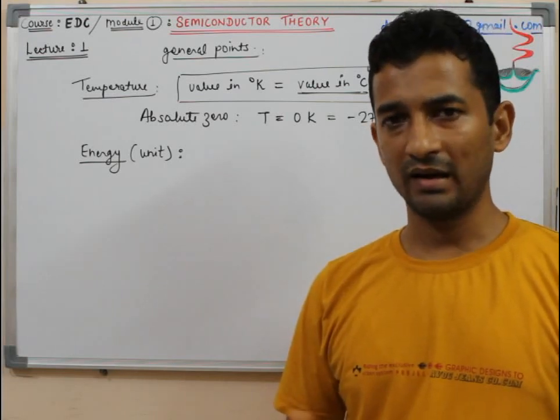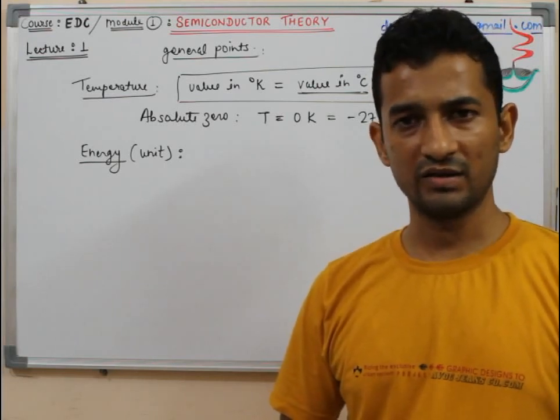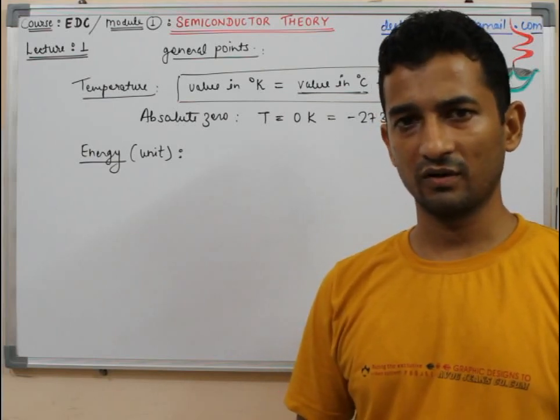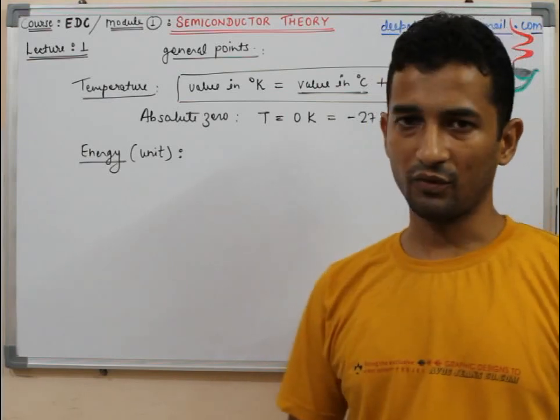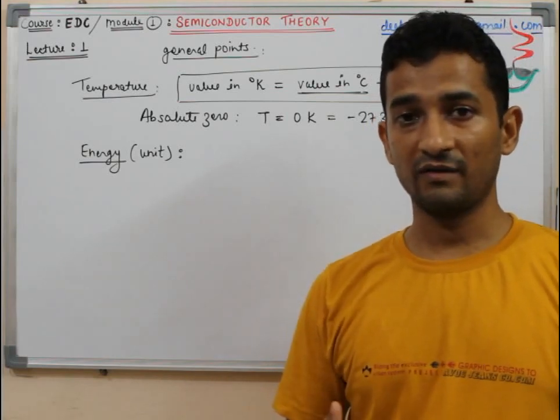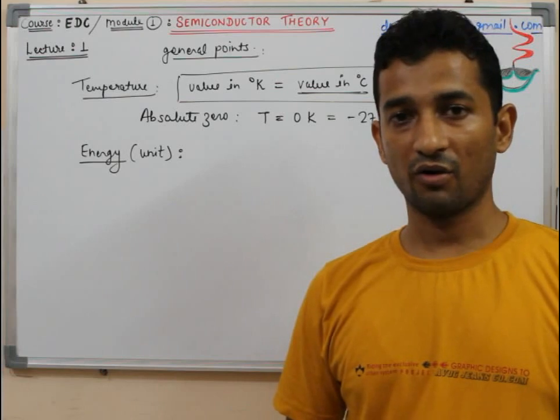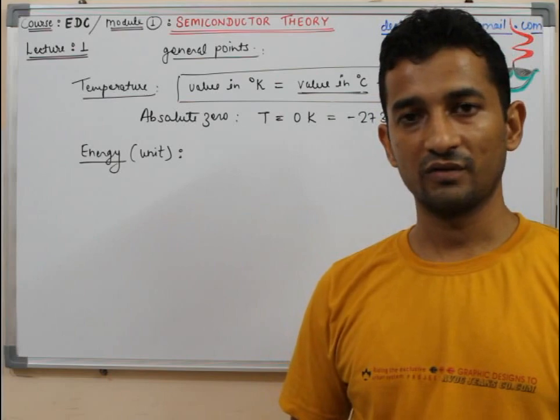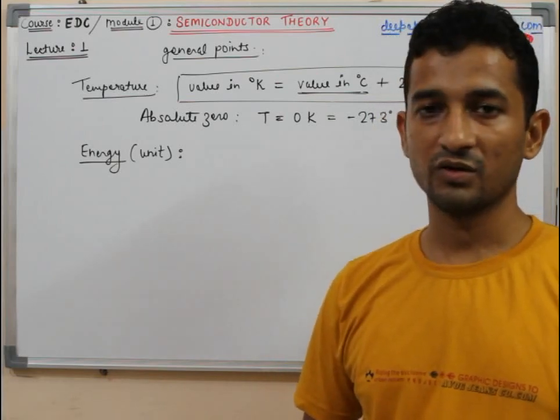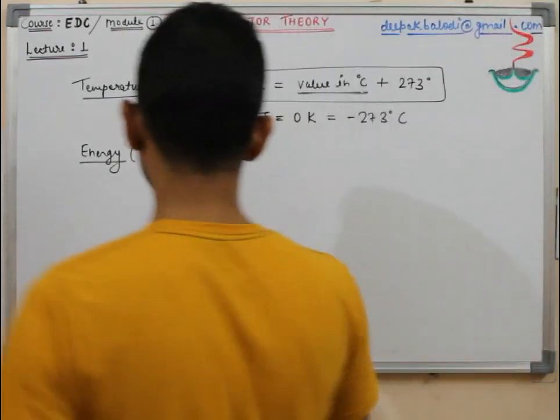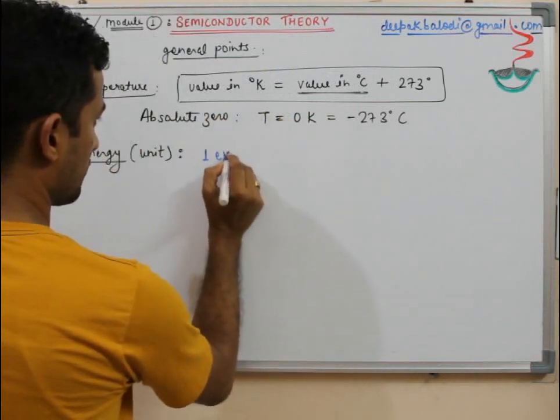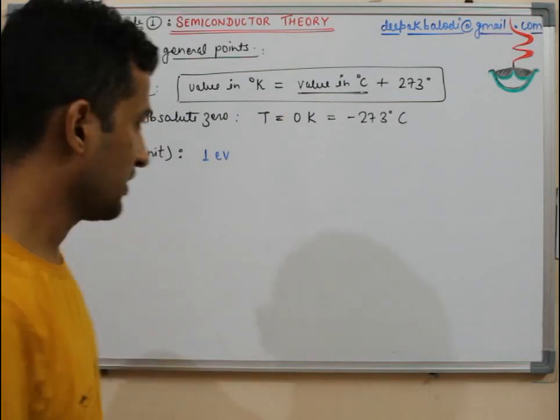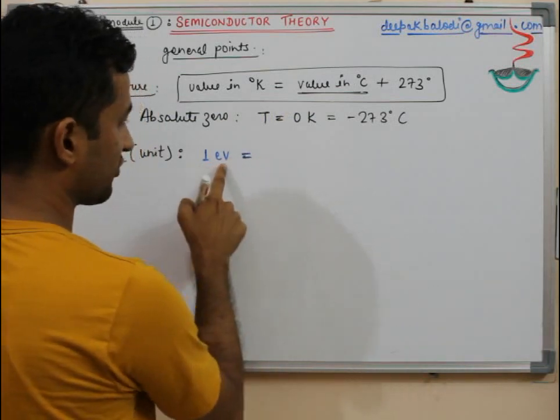So in order to make them handy and easy to calculate, we adopt a newer unit of energy, and that is known as electron volt. It is also highly correlated with the electronic system or a system which involves charges. So preferably here we use the unit of energy as electron volts. So 1 electron volt is a single unit of energy, and this corresponds to 1 electron into 1 volt.